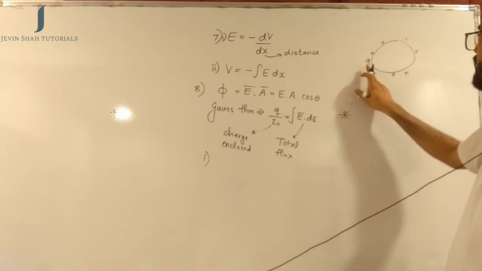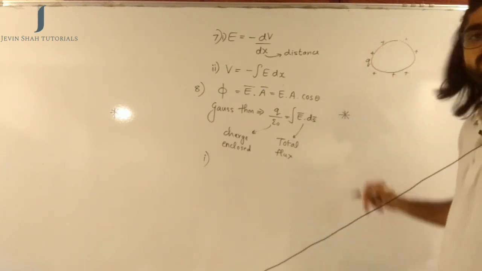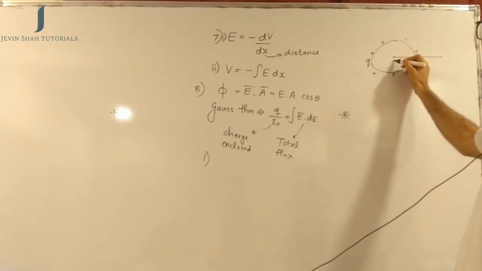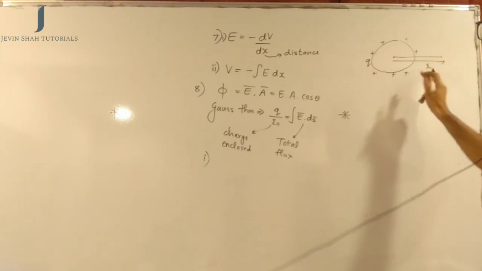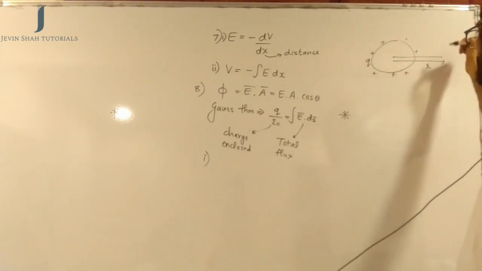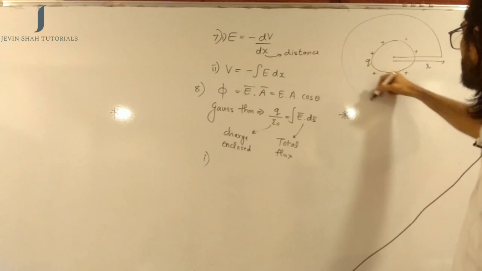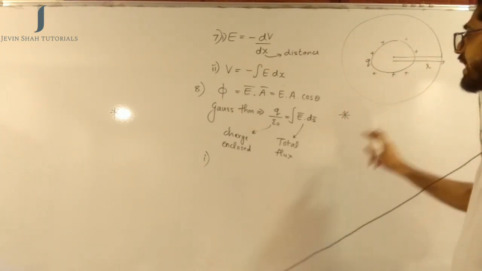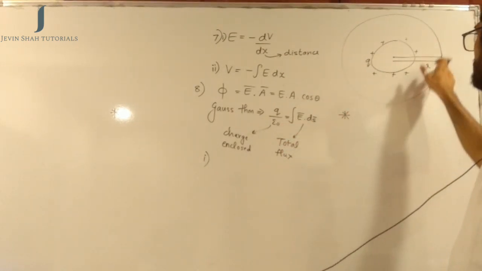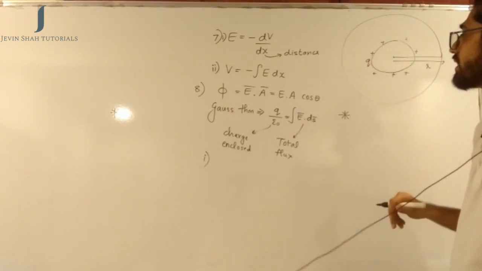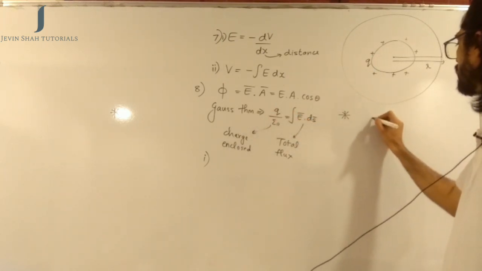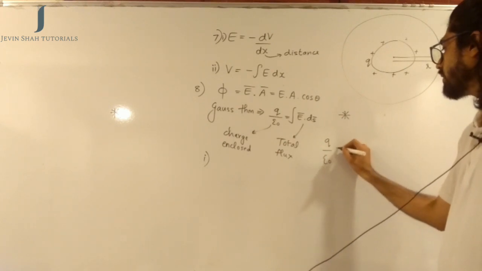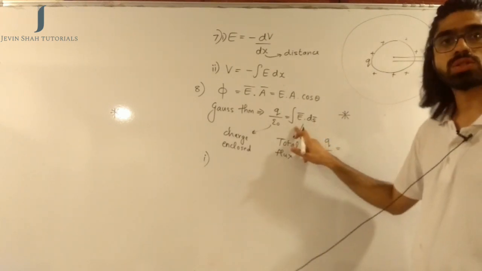So we have a charge of q which is uniformly distributed on the surface of a sphere, and I am interested in finding the electric field intensity at a point which is at a distance of r from the surface of the sphere. So what we do is we make an imaginary Gaussian surface like this. The Gaussian surface is a sphere of radius equal to r, and now we apply the Gauss theorem. How much charge is the entire surface enclosing? The entire surface is enclosing a charge of q. So charge enclosed divided by epsilon naught will be equal to the total flux through the surface.